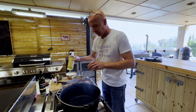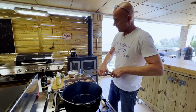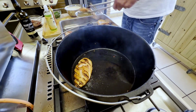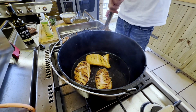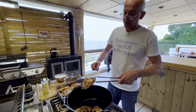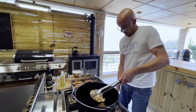I think I want a little bit more here. That looks good. And now we want to get some crust on our chicken breast. Do this in batches so we don't crowd the pot. And leave them there to get a nice brown crust. When you have a nice crust like this, you take off the chicken and then we reduce the temperature,